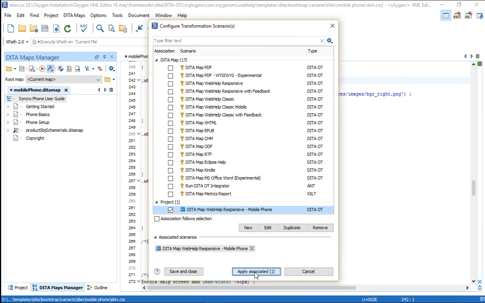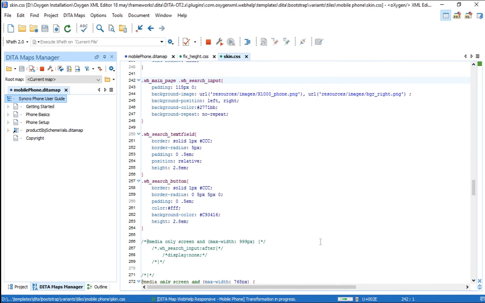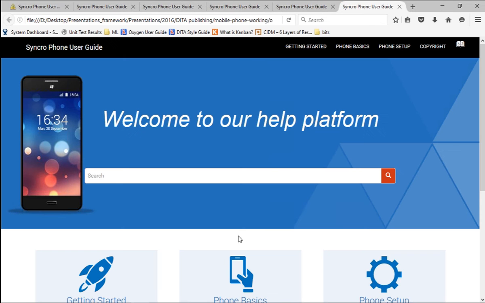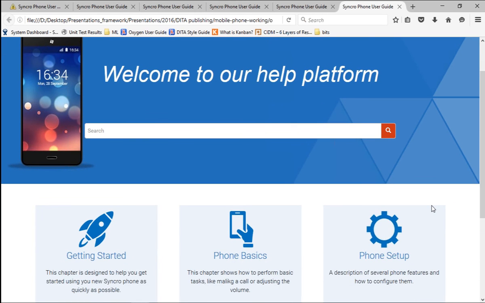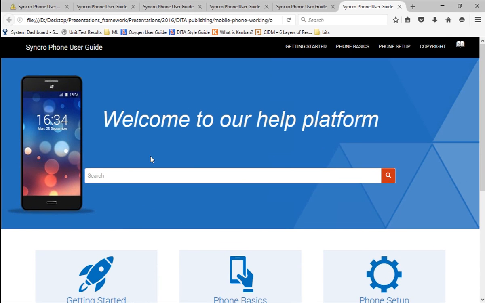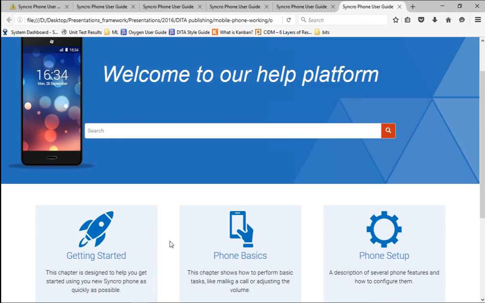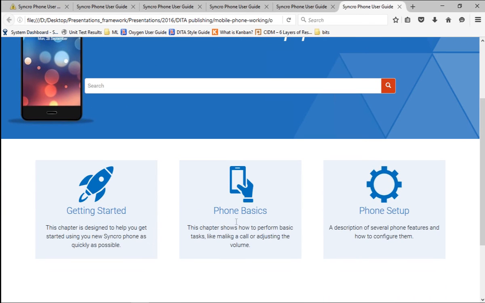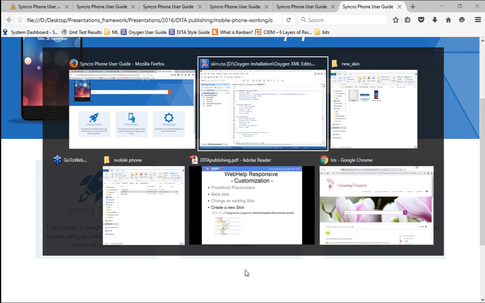We'll select this skin and publish our documentation again, and we should have a phone image on the home screen if we didn't forget anything. Right, so it gets better and better, if I can say so myself. We have the image, we have the beautiful tiles. Now there's just one last thing that I want to change,